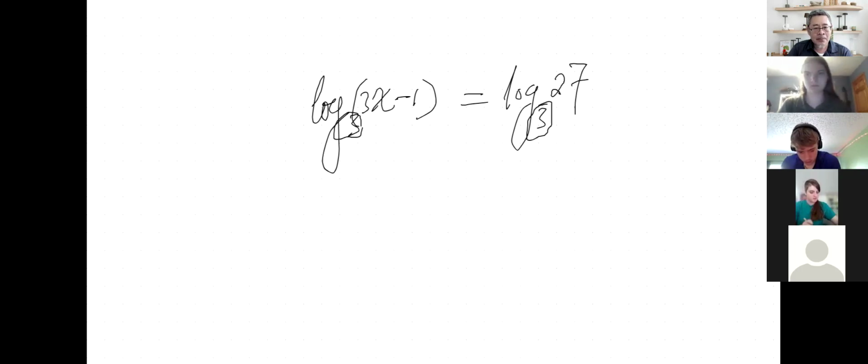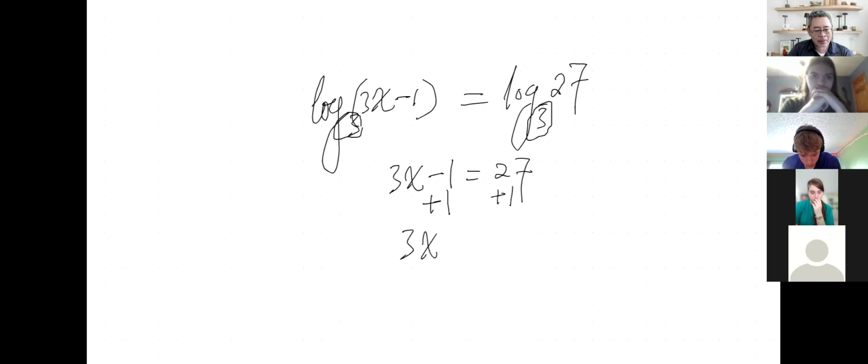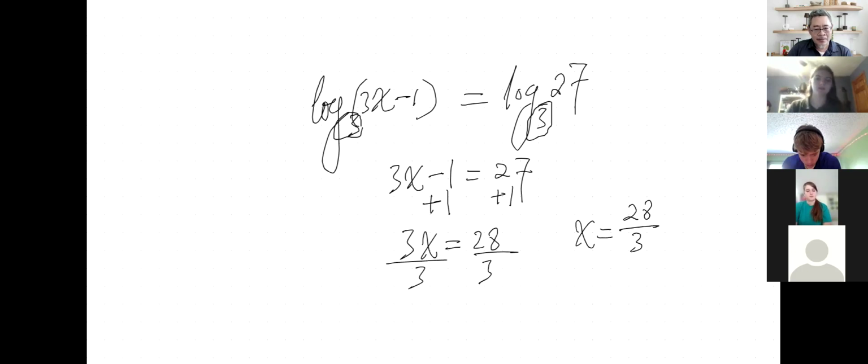Okay, in order for these two sides to be the same, 3x minus 1 has to be 27, right? Oh, I didn't see the 3 down there. That makes sense. So to find x, that's a linear equation. We add 1 on both sides, then 3x equals 28, then we divide by 3, so x is 28 over 3. It has to be the same base,